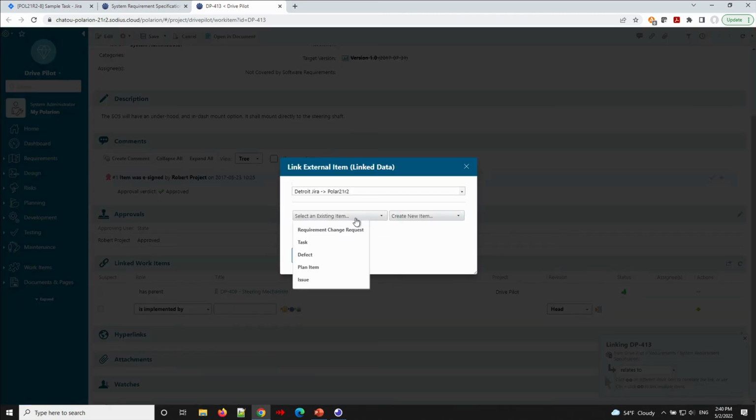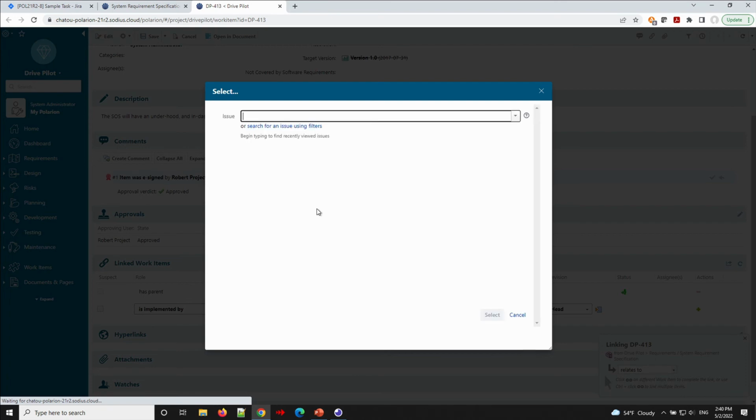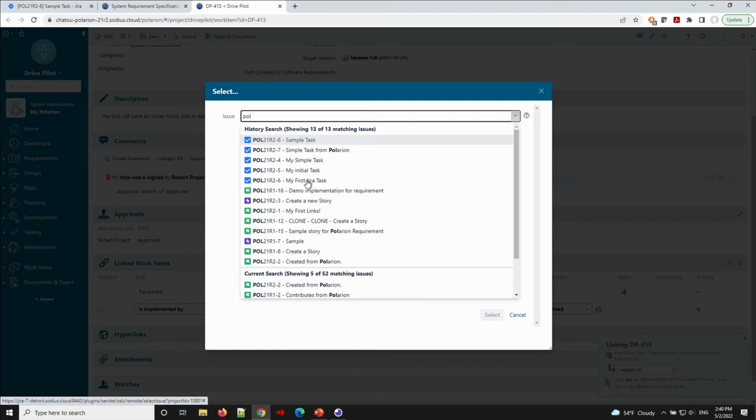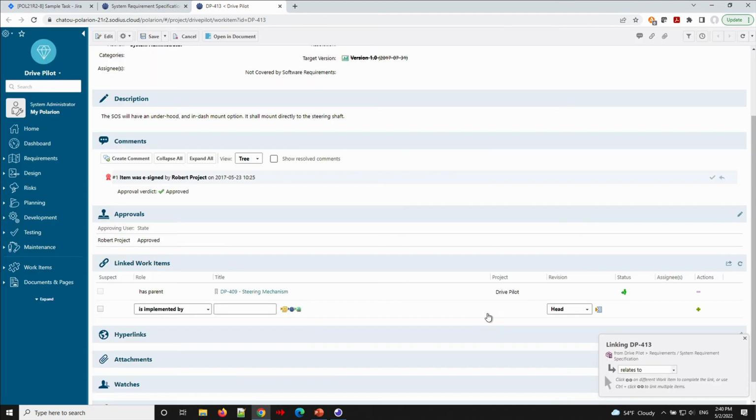And then we're able to pick an existing artifact within Jira and be able to select the dialog here. So let's look for our item that we just did before. So Polarion, our sample task here. We can create a link to that artifact,